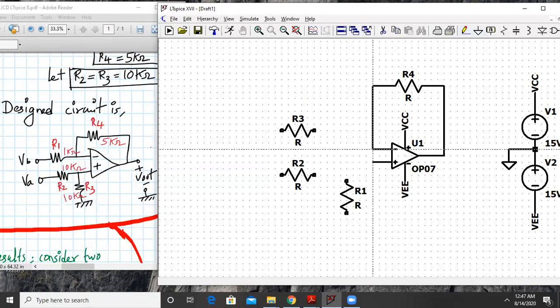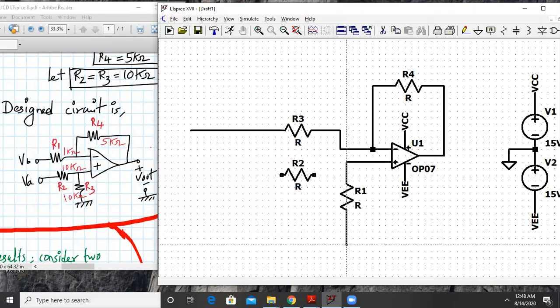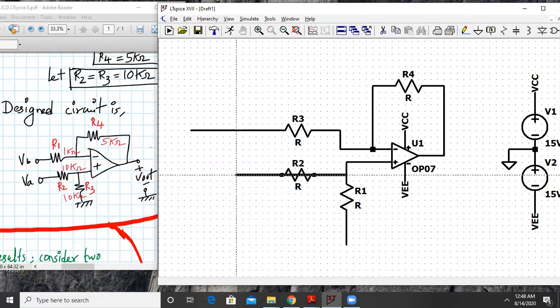Okay, and this will go somewhere around here. This we require for the supply, and these resistors will come over here like this, and we have this connection for another supply.